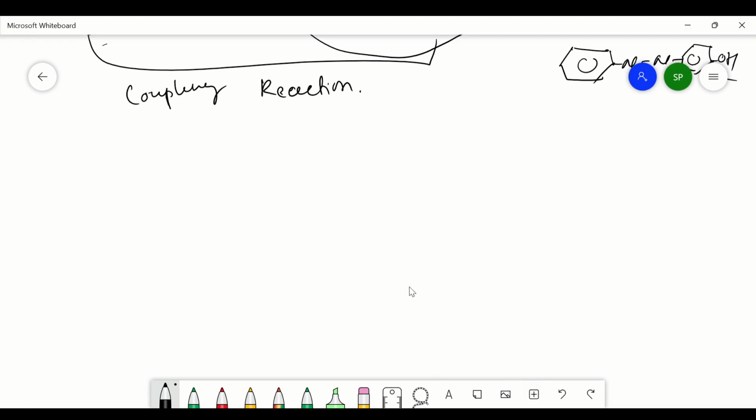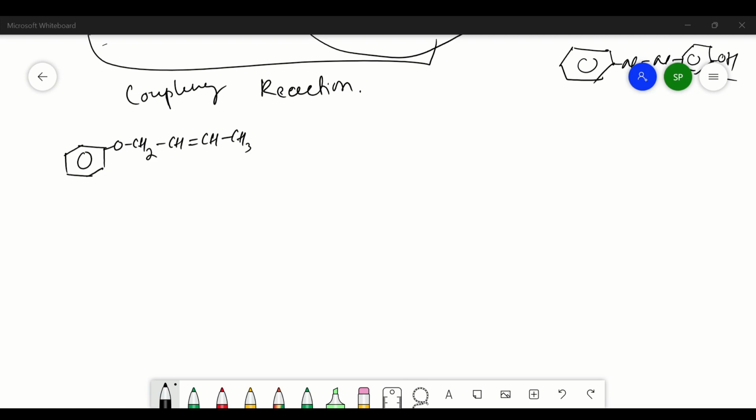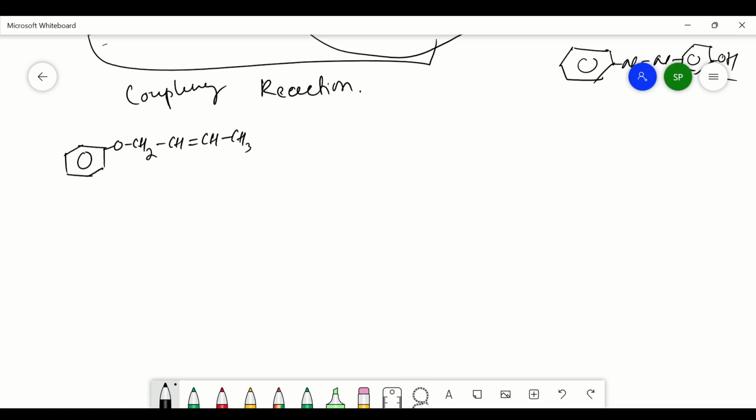This is the rearrangement reaction in which crotyl phenyl ether, that means O, CH2 single bond CH double bond CH CH3, this is called crotyl phenyl ether, right? Crotyl phenyl ether. So this undergoes rearrangement